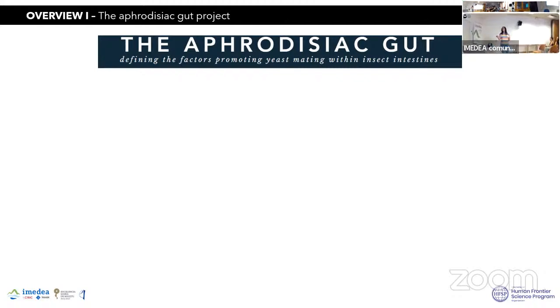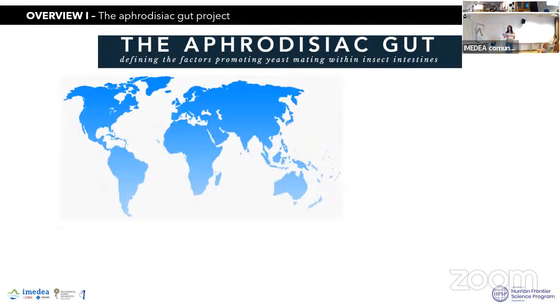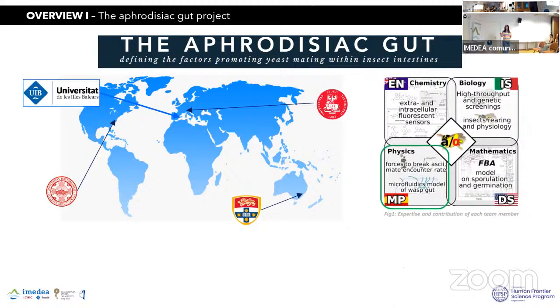This is a project in which we are collaborating with different colleagues from different sides of the world. As you can see here, we have colleagues from the University of Boston who are experts in mathematics, then from the University of Turin who are specialized in biology, and from the University of Sydney who are specialized in chemistry. And we are, of course, from the university, and we are